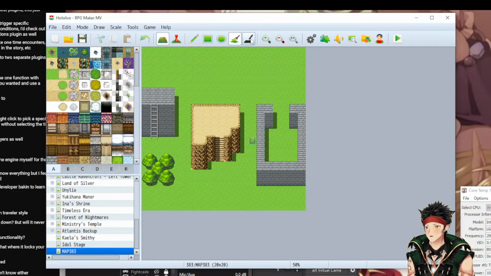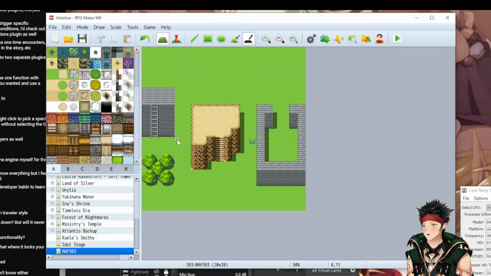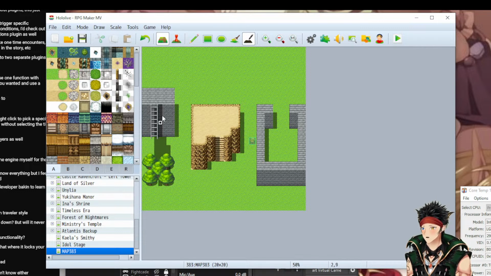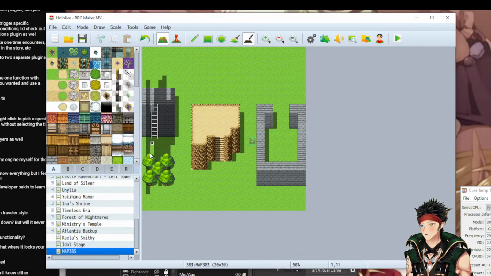And this is for shadows. So you see these shadows? You can remove them, or you can add them. So say you want to make something super dark. You can do this and add it to tiles. And this only works with the A tiles. It doesn't work with anything outside the A tiles,